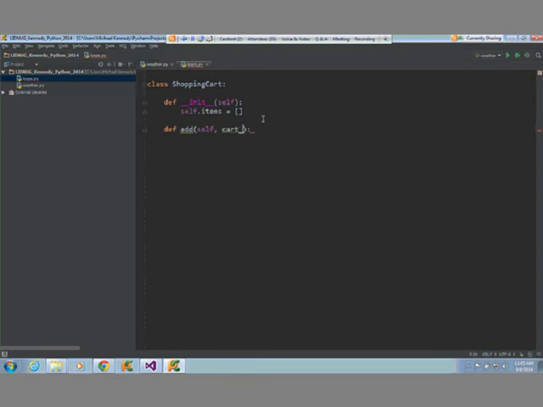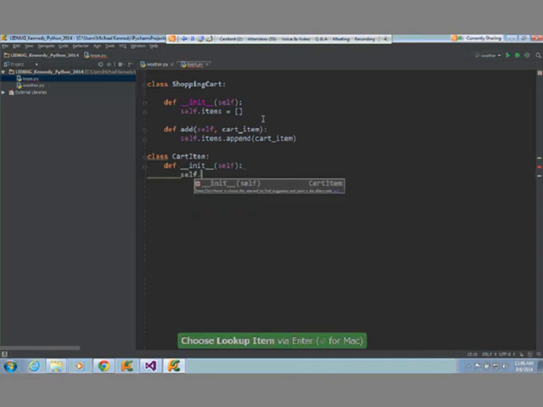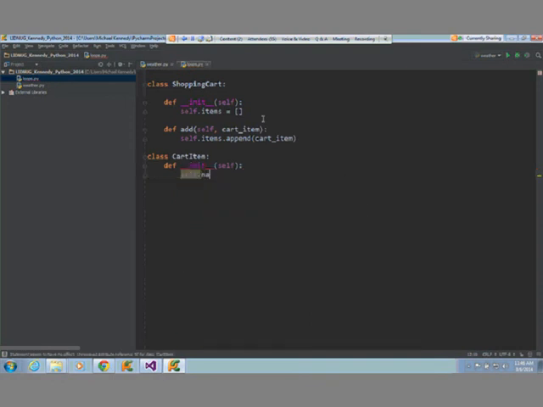I'll say self.items.append, that's like add in .NET, cart item. Okay. So let's also define this class of cart item. I want to define our constructor, so under init. And here we're going to say self.name. Let's do it like this, name.